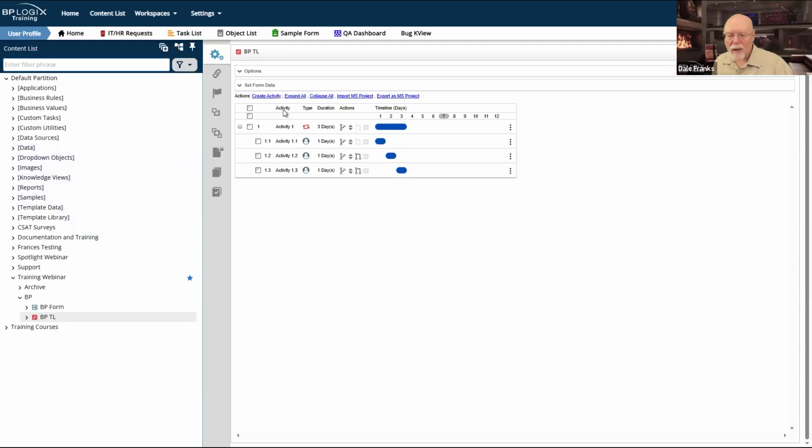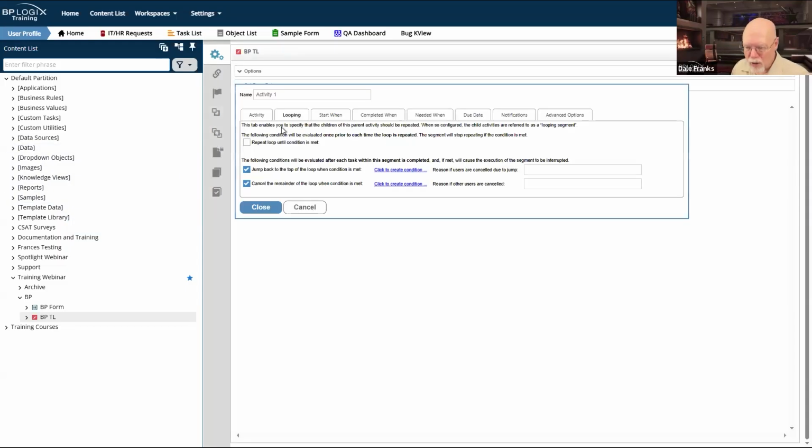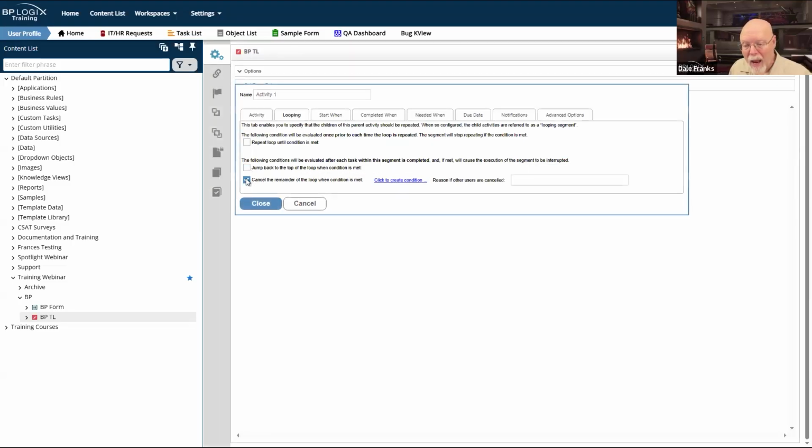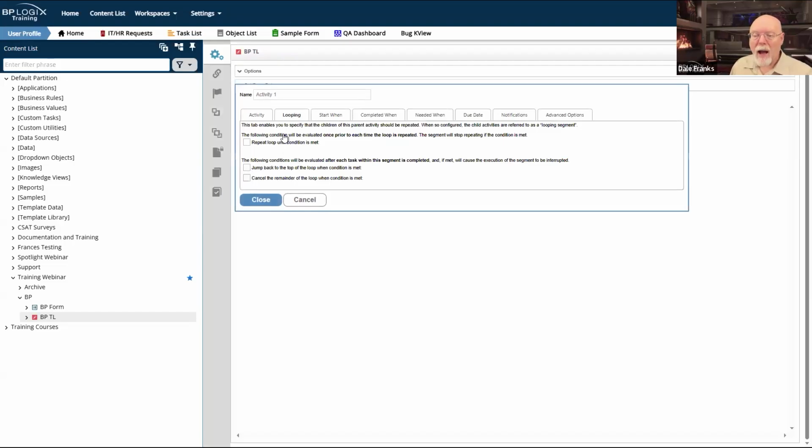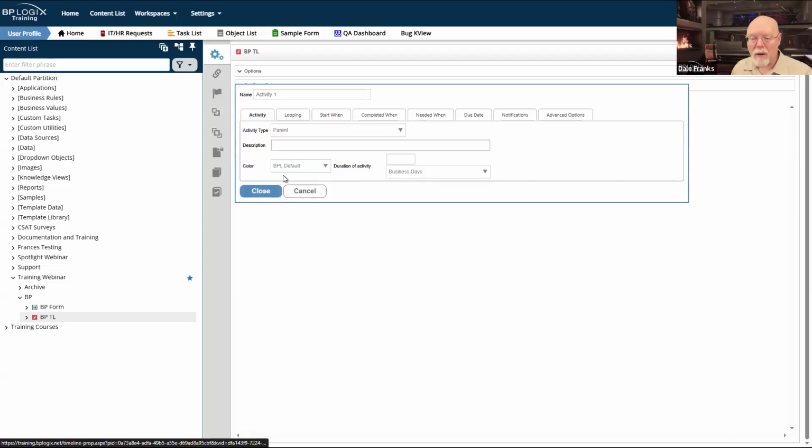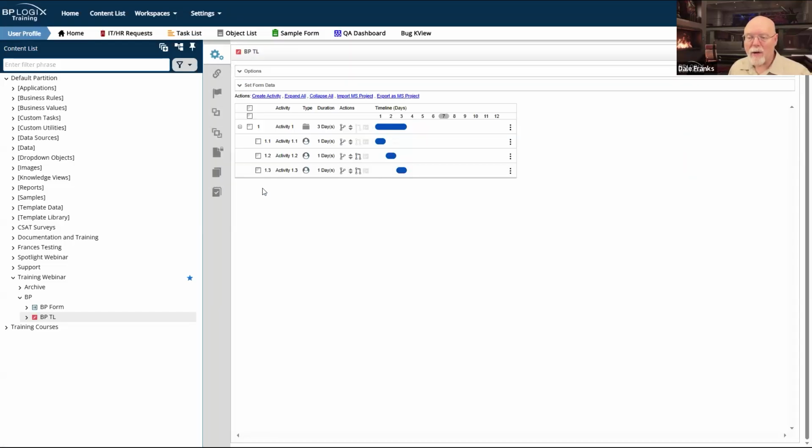The other thing about the parent activity is that the loop is super useful, and you do want to use that. However, I don't actually have to use a loop. I can simply use the parent activity as an organizational object in my process timeline. So I can just say, okay, IT is going to do one thing and HR is going to do another thing.